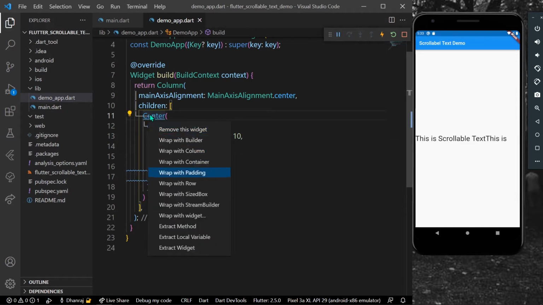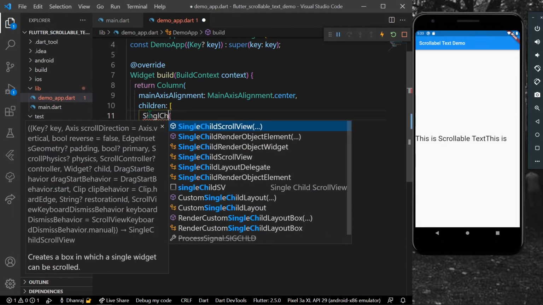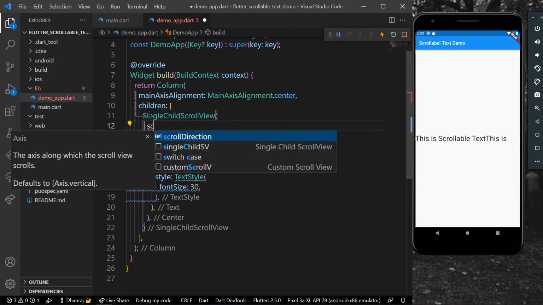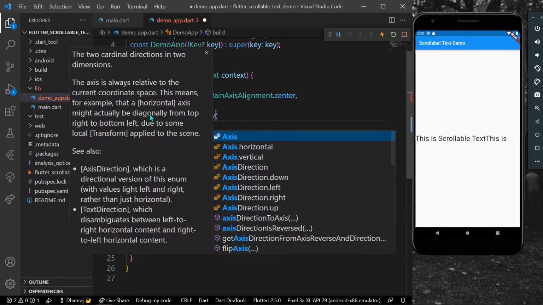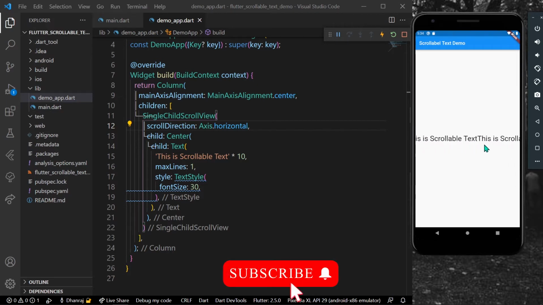So we can wrap our Center with a widget called SingleChildScrollView. Okay, and for the axis direction or scroll direction, we can give it Axis.vertical or horizontal. Now let's just save our app. So as you can see, now we have a horizontal text which is scrollable, and we can see this full